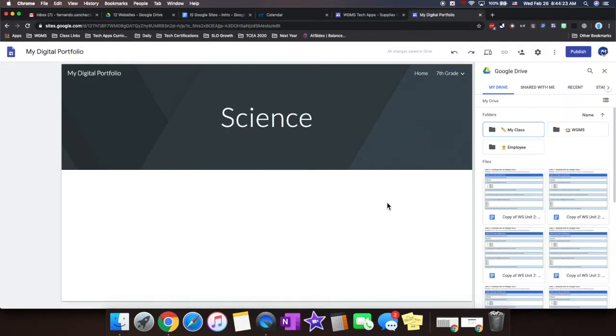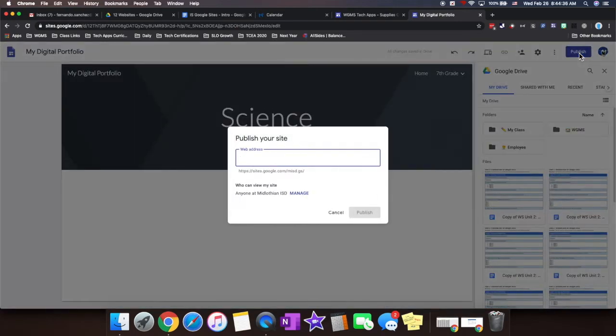So here's the last thing, okay? Your website is not live until you publish it, okay? And if there's no little arrow next to this button, then you haven't published it at all. So when I click Publish, right down here, it's going to say web address. It's asking you, what do you want the web address to be? Now, this part right here is already what it's going to be. You can't change that, okay? Your web address is going to be